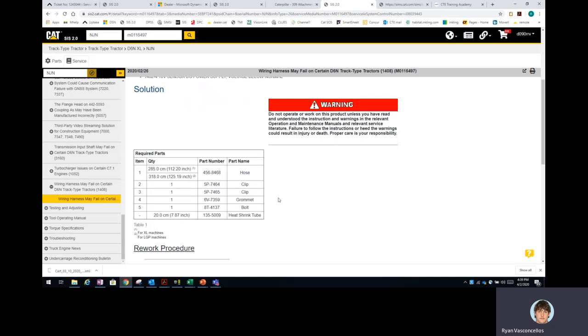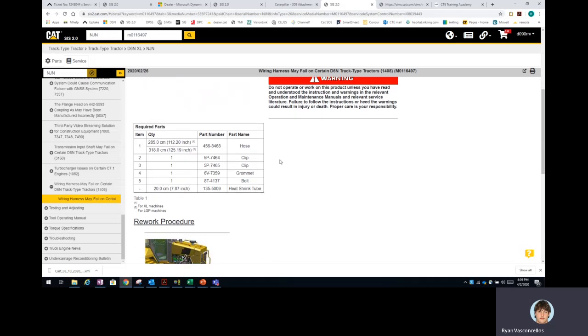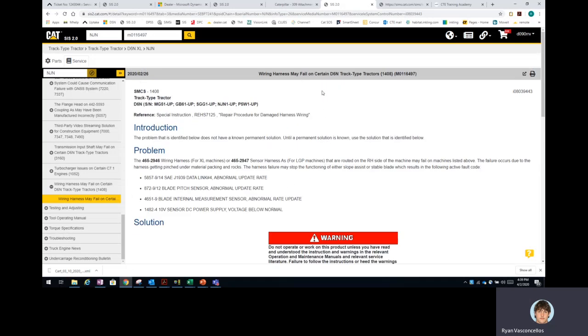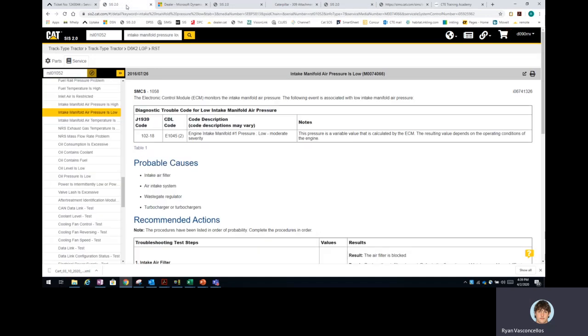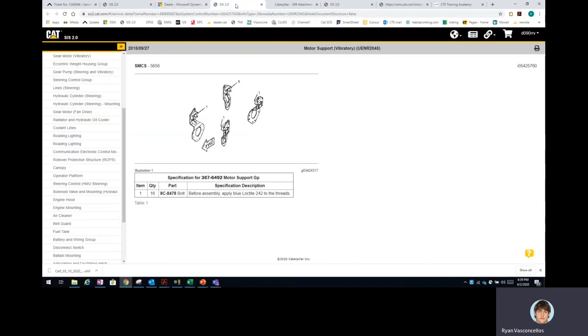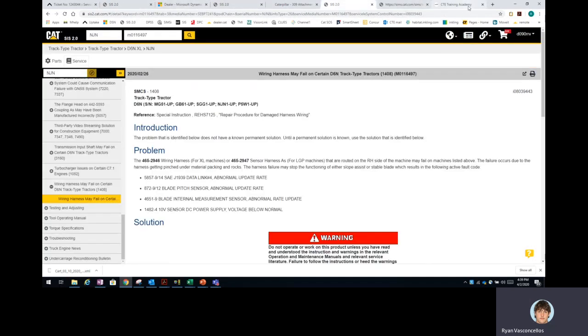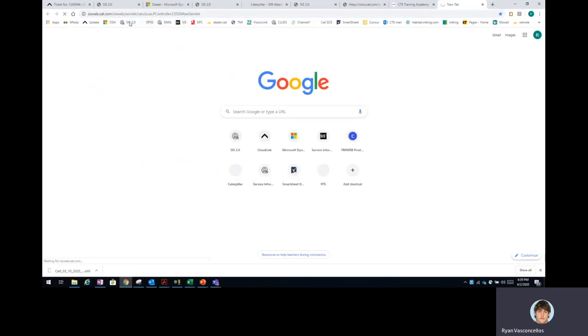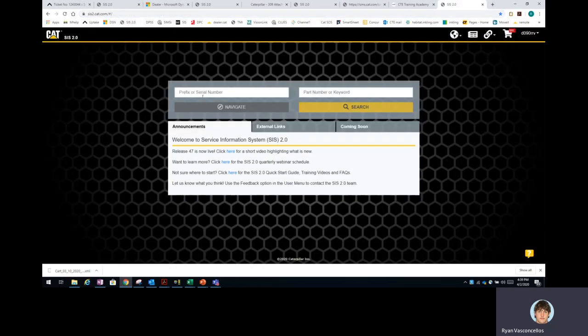So you have to order some hose and clips and grommets, stuff like that. So from here, I want to get this sensor harness added to my cart. Looks like I was working on some other stuff in SIS 2.0. I've got a bunch of windows open. So I'll open up another window. This is 2, and